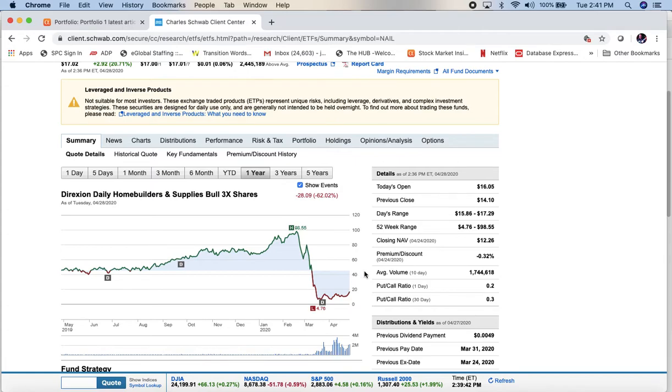So one of the things, when you look at a chart like this, ask yourself the question,